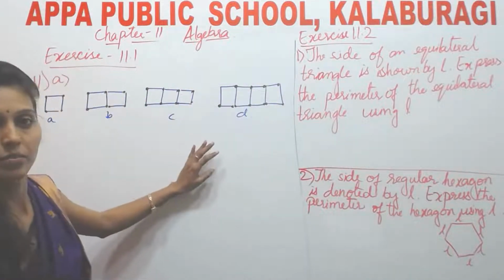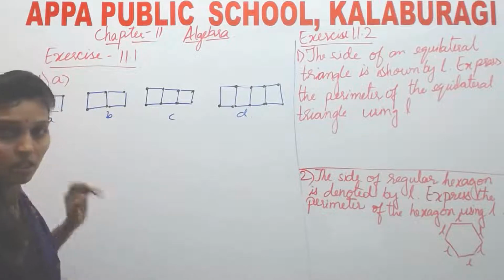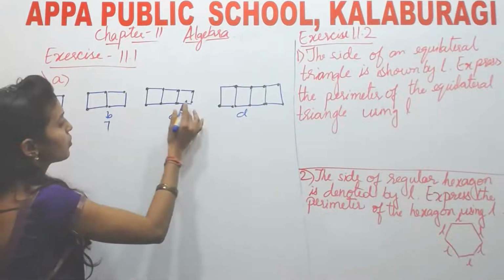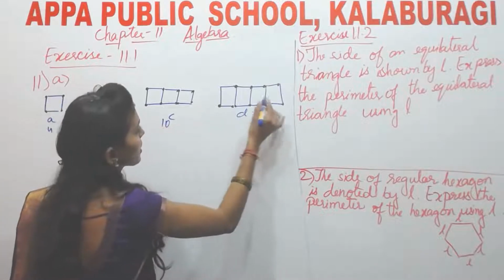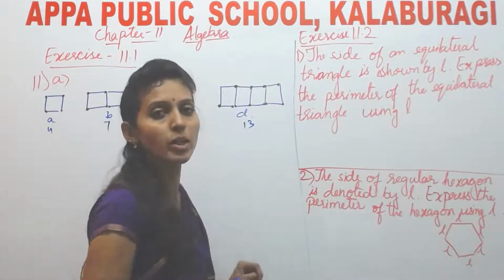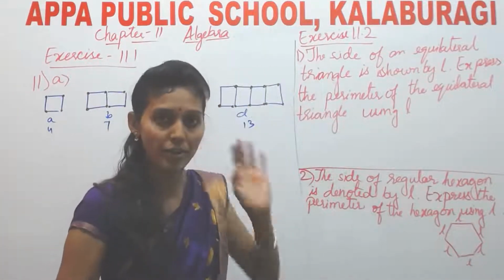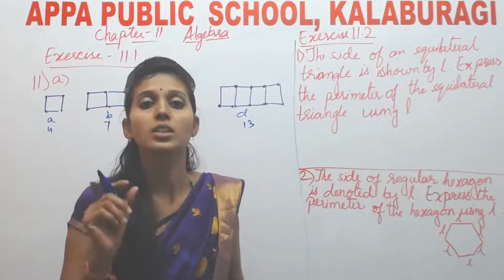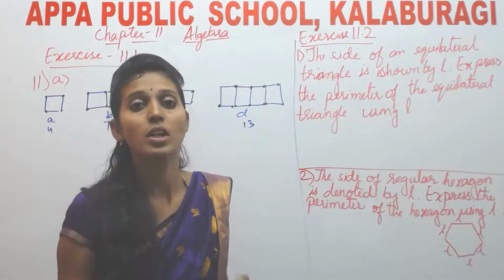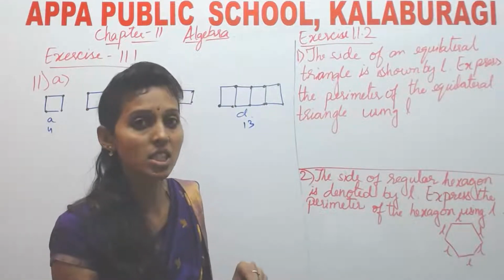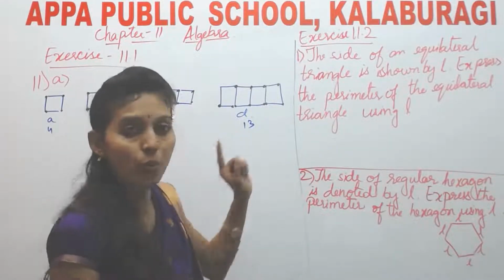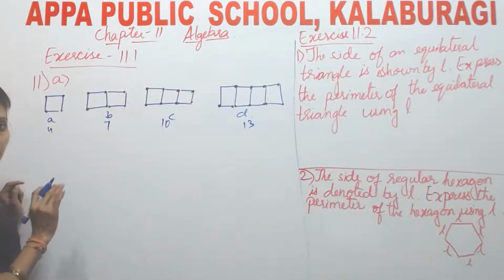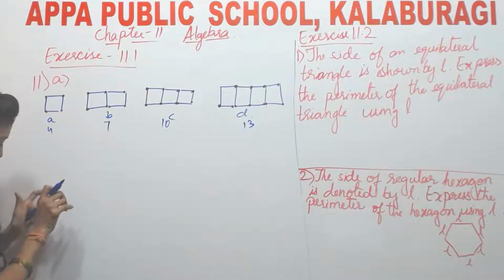Squares are given. For one square, 4 matchsticks. For 2 squares, 7. For 3 squares, it is 10. Here, 13 for 4 squares. For n number of squares, I have to give the general representation to say the number of matchsticks depends on the number of squares. Now, what to do? How to do? First,